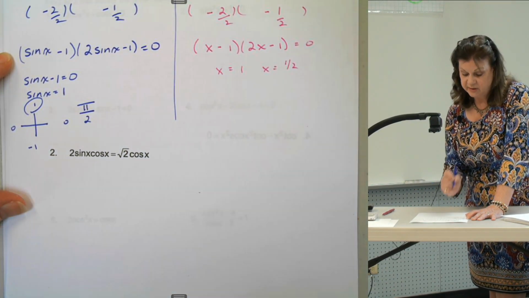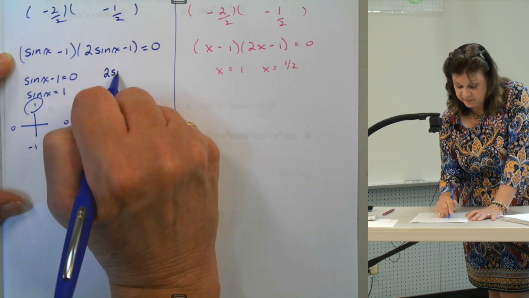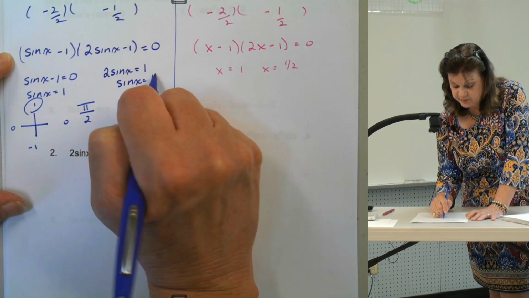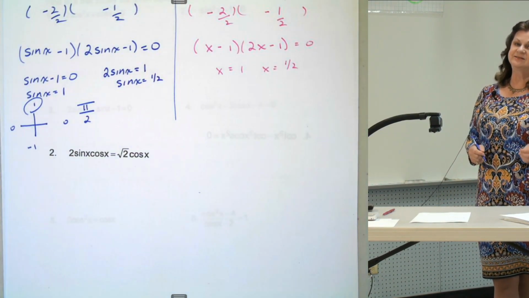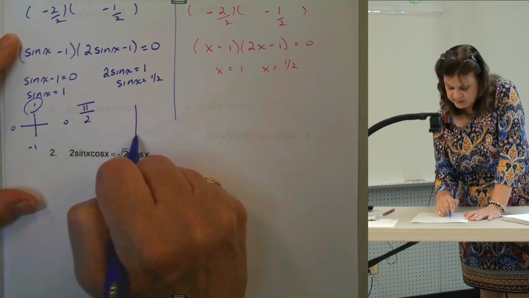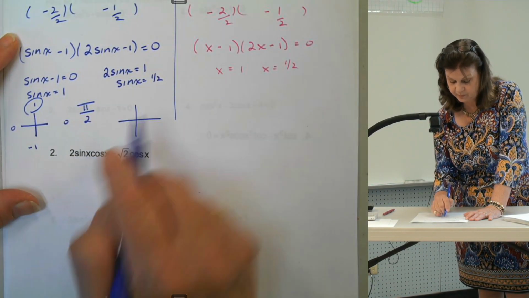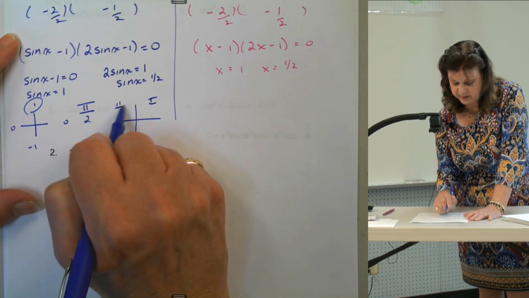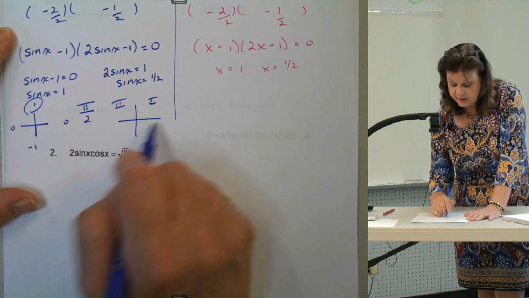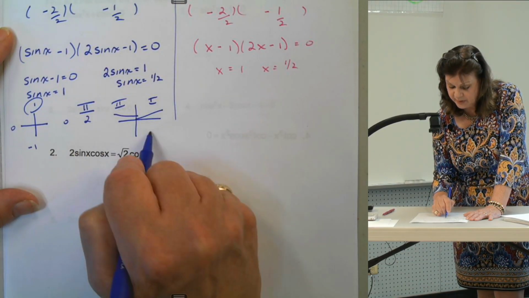Okay. Now, let's look at our other factor: 2 sine x minus 1 equals 0. We're looking for a value of x that gives you what angle has the sine 1/2. If we think about that, sine is positive in quadrants 1 and 2, so my answer has to be in one of those two quadrants. Sine is coming off of 0, and the first step it takes is 1/2. So pi over 6